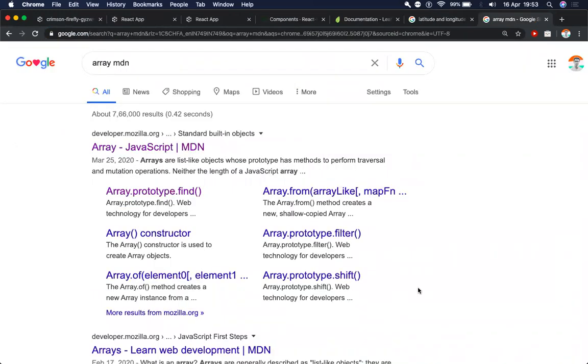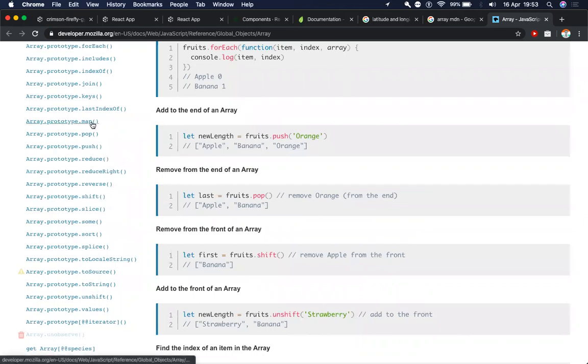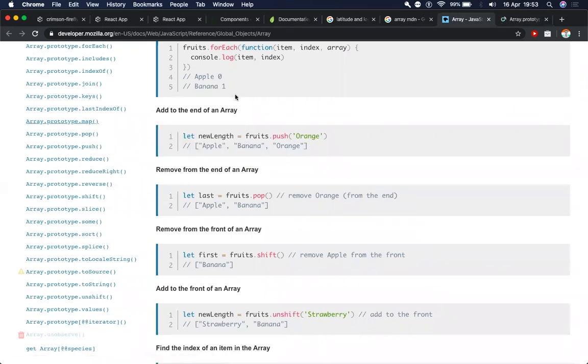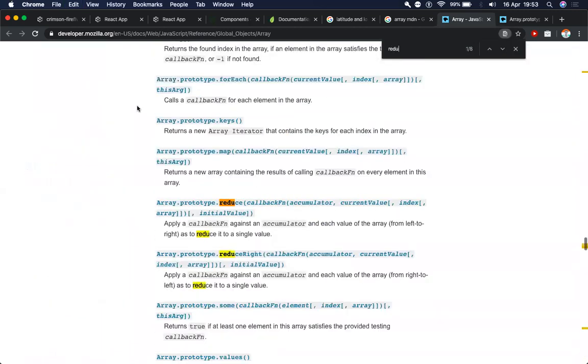Index is a default feature of map. Yes. I'm not sure why this documentation is not much more helpful. MDN should have provided it in a list. Okay, so generally there are 3 functions which we can use, which return the same thing. They return the individual element in the first parameter and the index in the second parameter. So map is one of those functions. And then another one of those functions is reduce. So reduce also takes current value.